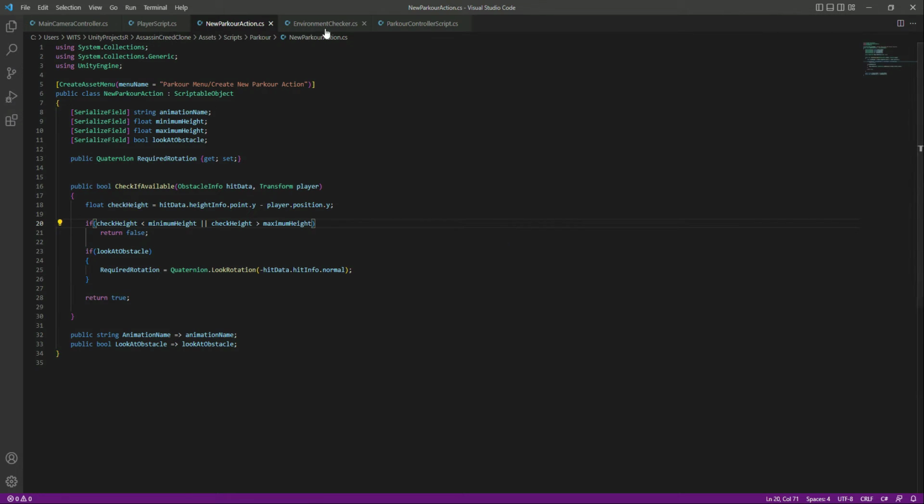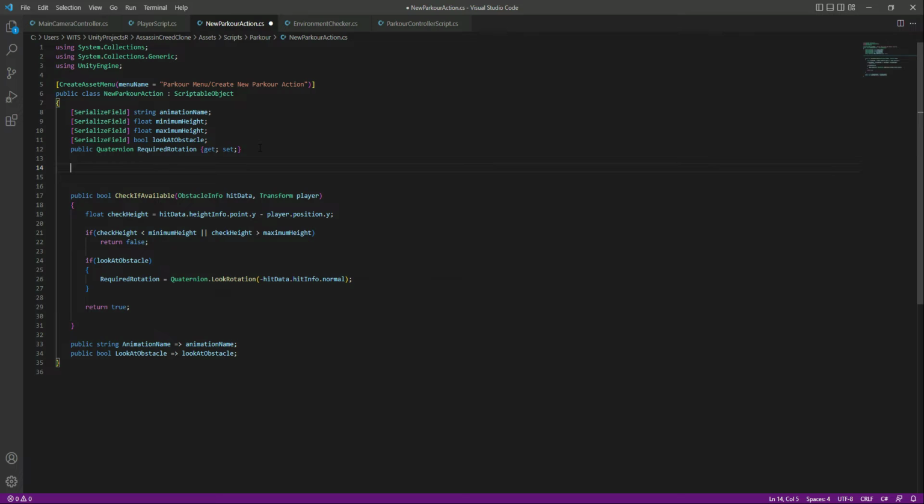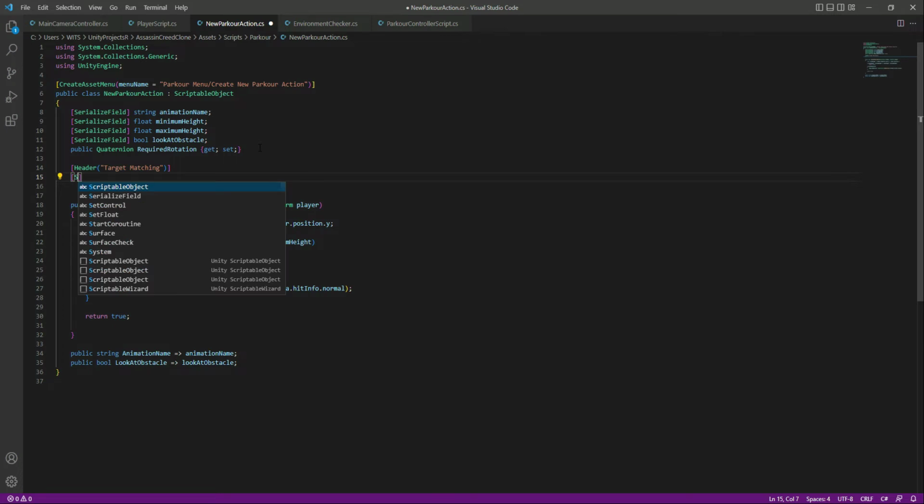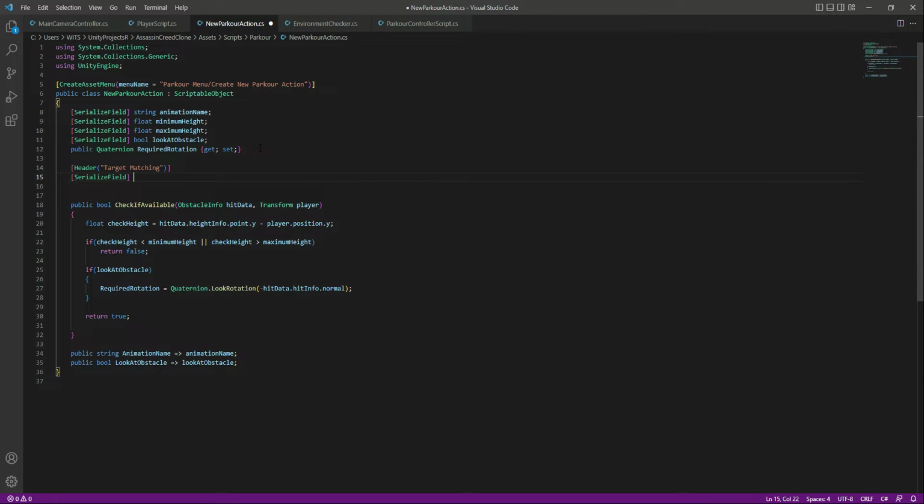So now in our new parkour action script, right here, let's create a header by the name of target matching. And as I told you, the target matching will have a start time and then an end time. So first of all we need to add a reference for that. So we will say serialize field, this will be a float, and then we will say compare start time,